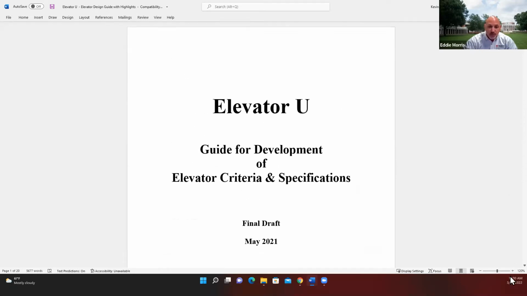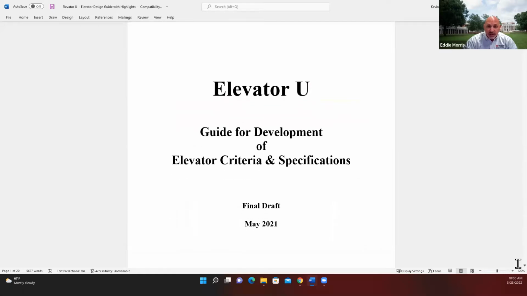My name is Eddie Morse. I am the Elevator U president and the Elevator program manager with the University of Virginia. And we have Kevin Morse and Dale Hughes this morning. They're going to do a presentation on elevator design specification guidelines, and we will